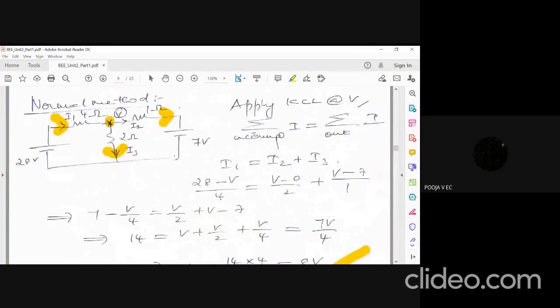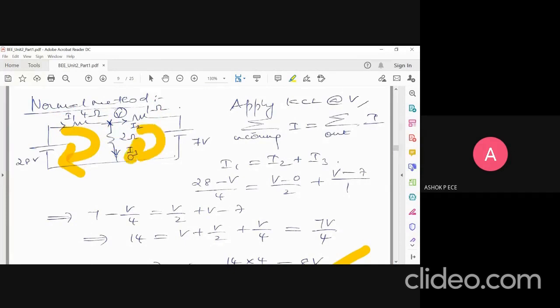Yes, sir. See, if you do using mesh analysis, what you should do, you will have to assume the current direction. You can assume the current direction to be I1 and I2 like this. So effectively, current flowing through 2 ohms will be I1 greater value minus smaller value. So if you assume I1 in the first loop and I2 in the second loop, you find I1 and I2, then the current flowing through the 2 ohm resistor will be either I1 minus I2 or I2 minus I1, depending on the magnitude of the current.